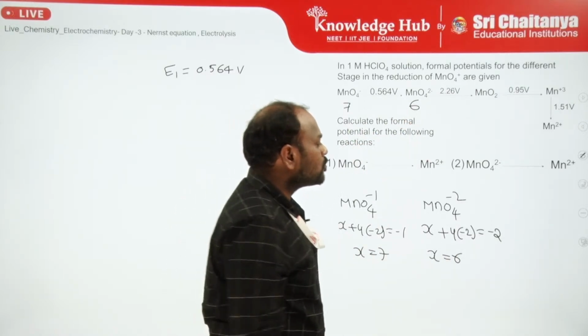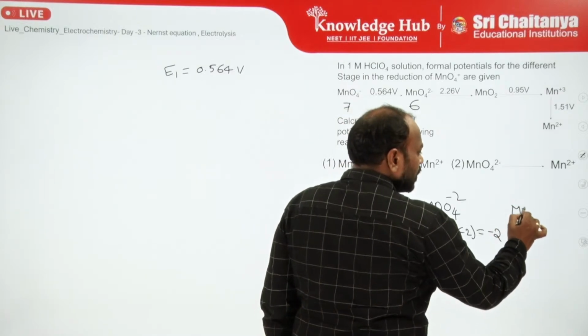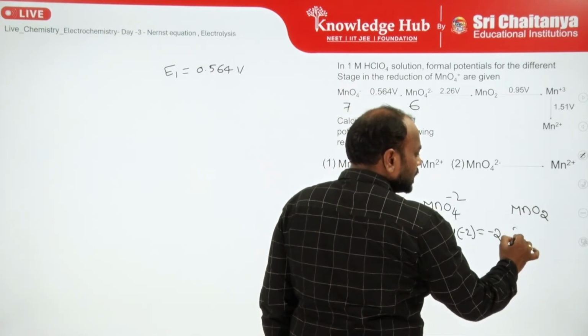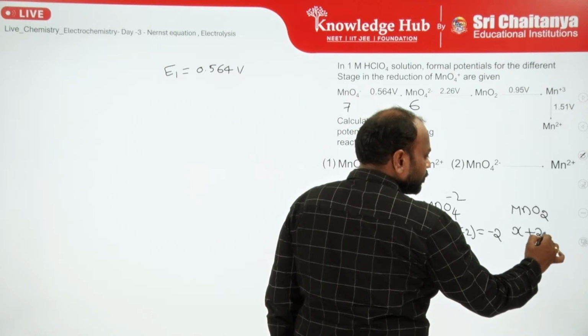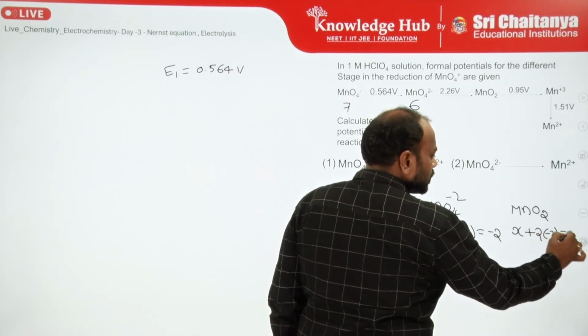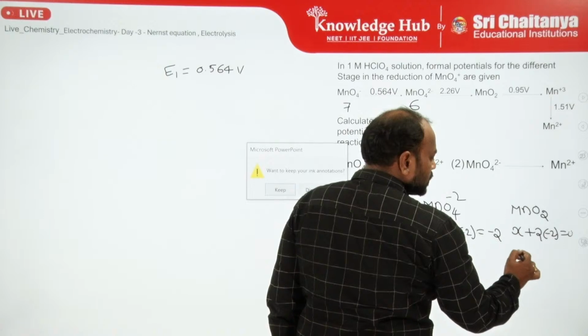Go for MnO2. Manganese is X plus 2 of each oxygen minus 2 equals 0. X equals